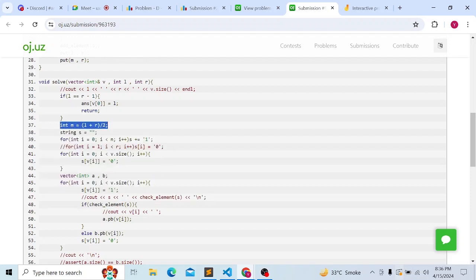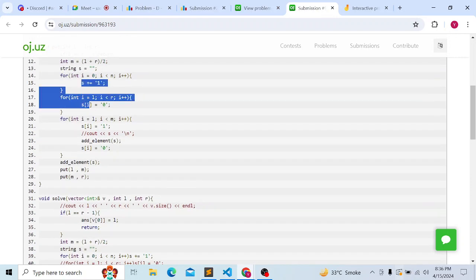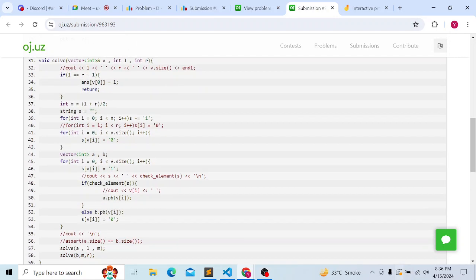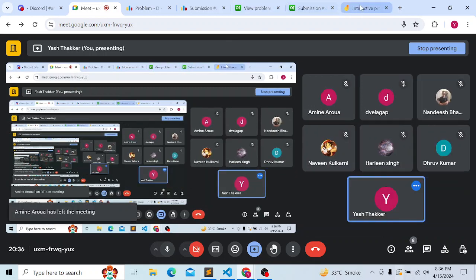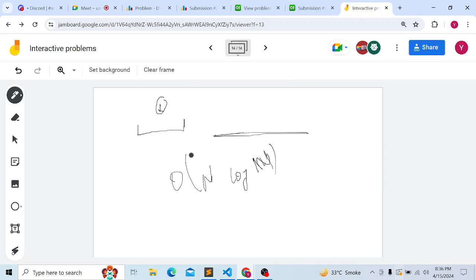So this is the midpoint, and again you make everything one as you did here, and then you make for all the positions,